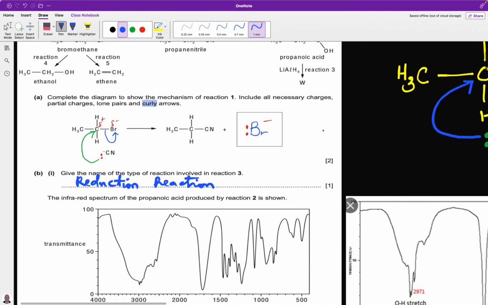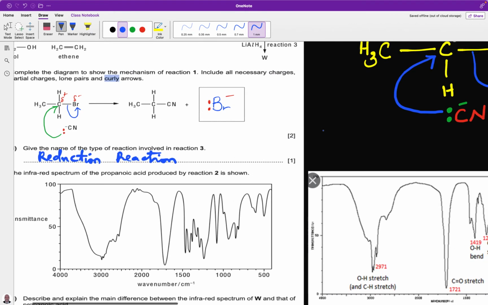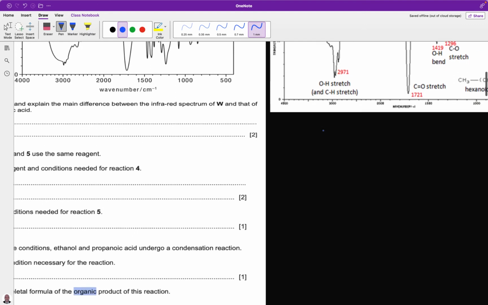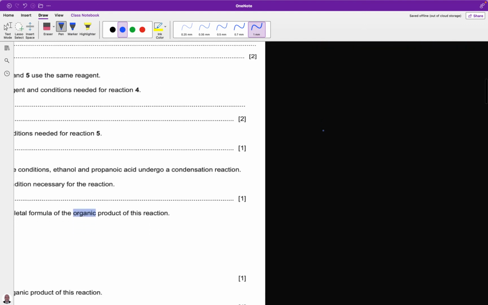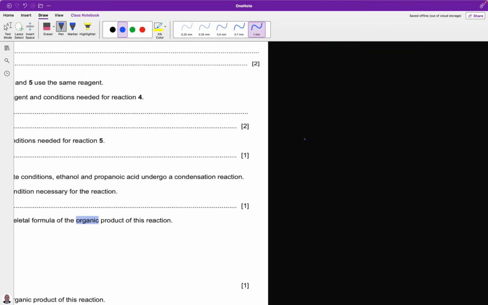Let's see what we can differentiate before we come there. You know the compound first, and we can now differentiate it. This is propan-1-ol. Propan-1-ol is CH3CH2CH2OH. Now, propanoic acid is CH3CH2